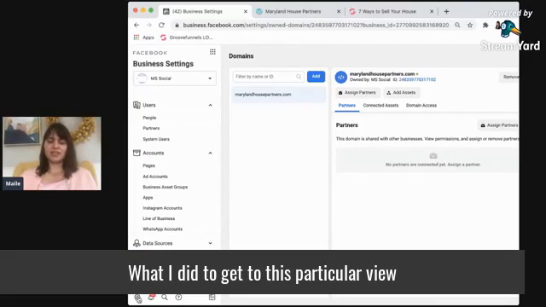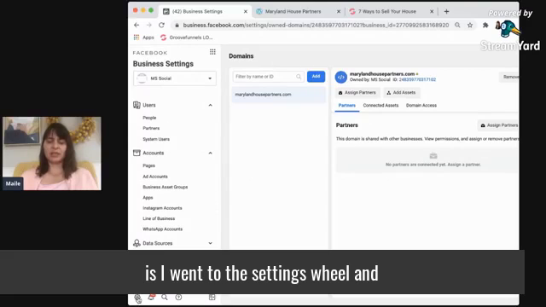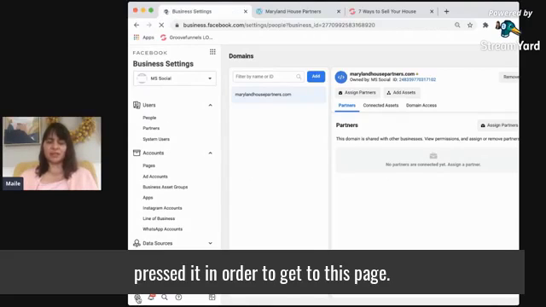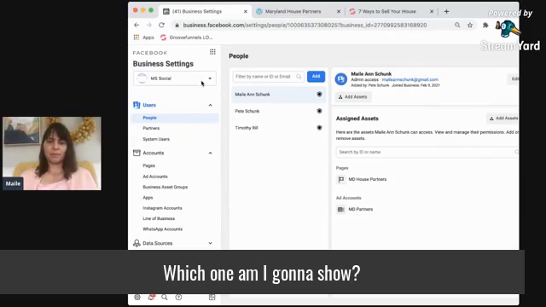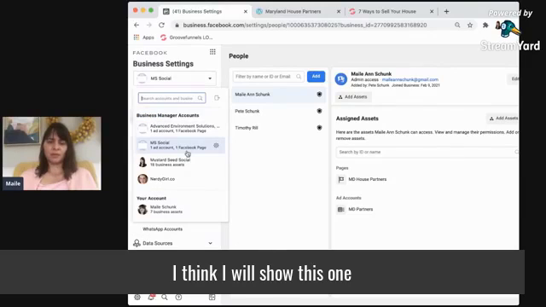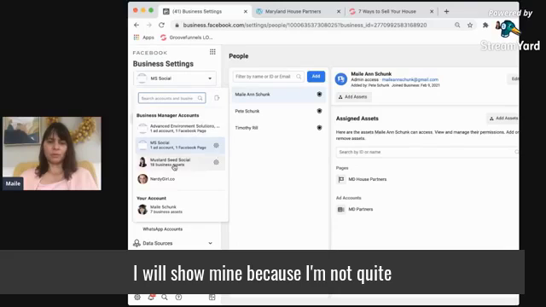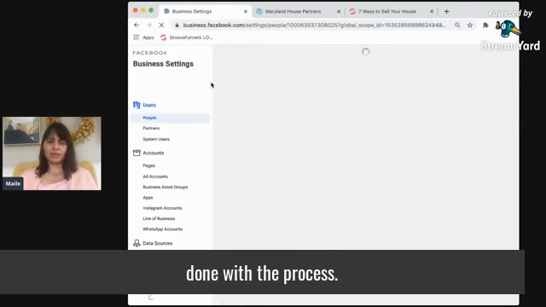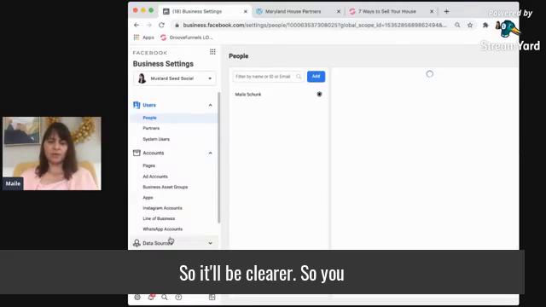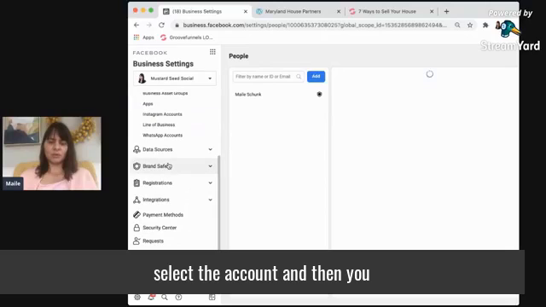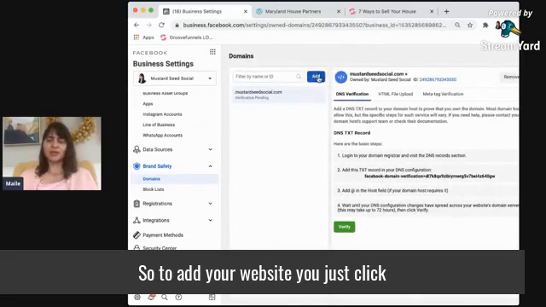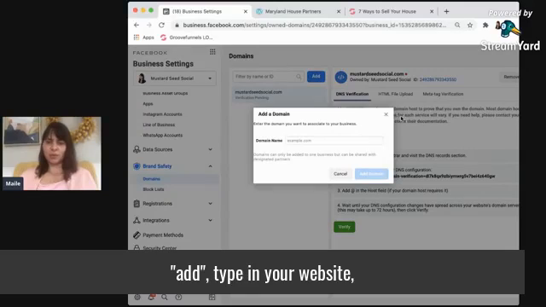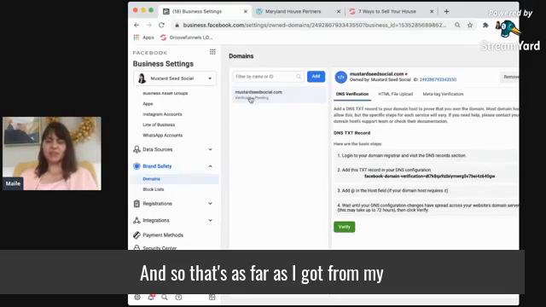What I did to get to this particular view is I went to the settings wheel and pressed it in order to get to this page. I will show mine because I'm not quite done with the process, so it'll be clearer. You select the account, and then you go to brand safety, click domains. To add your website, you just click add, type in your website, add domain, and that's as far as I got for my own